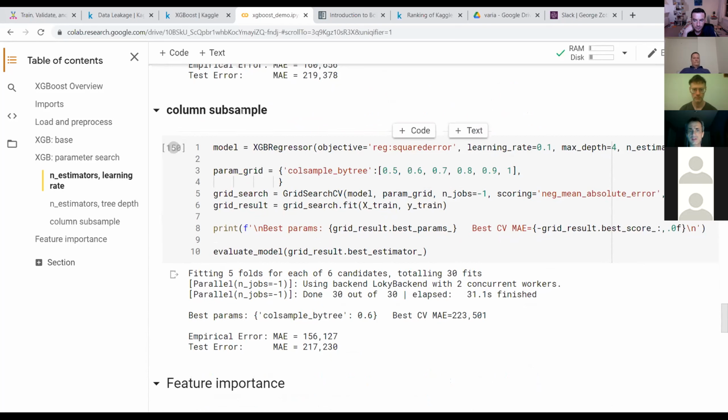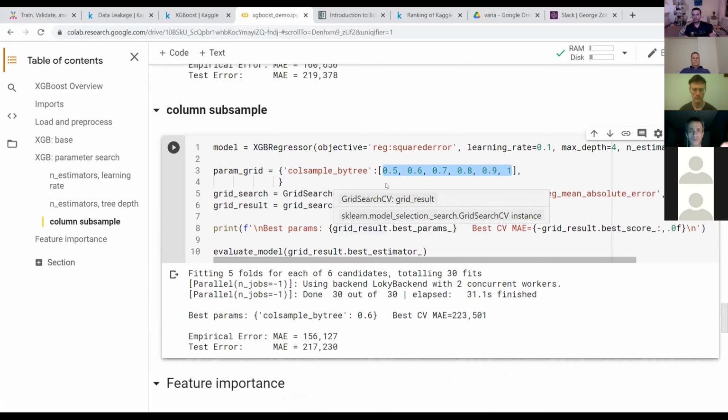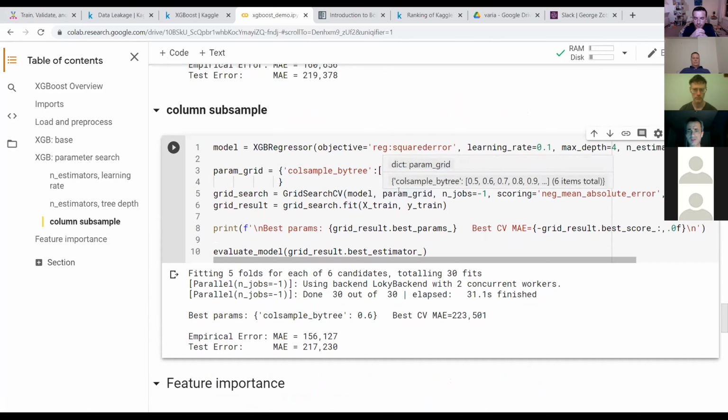And then the last thing I tried is the column subsample. For each tree, let's see which portion of the features I should try. There are only 4 features, so in this particular case it doesn't make much sense.